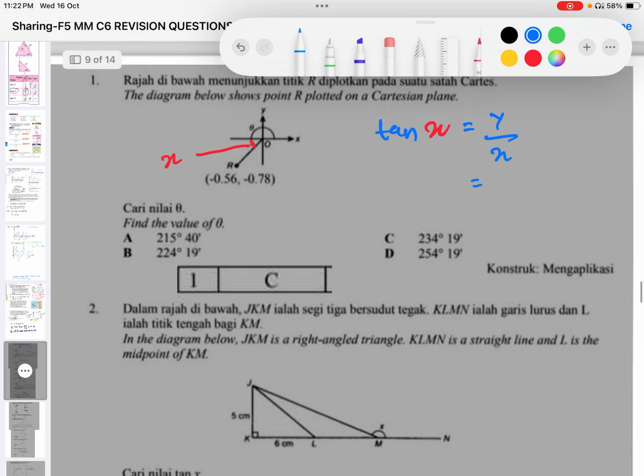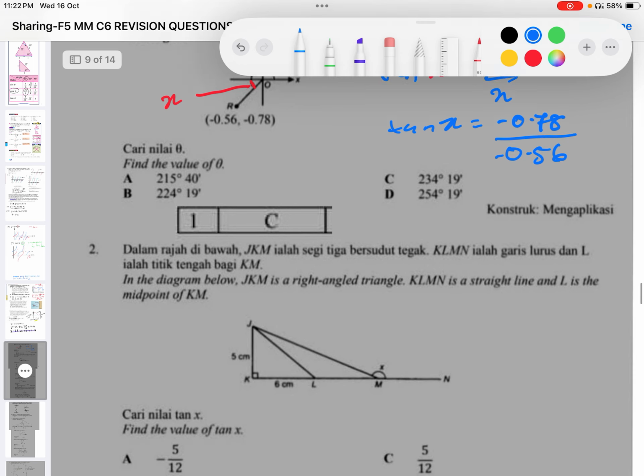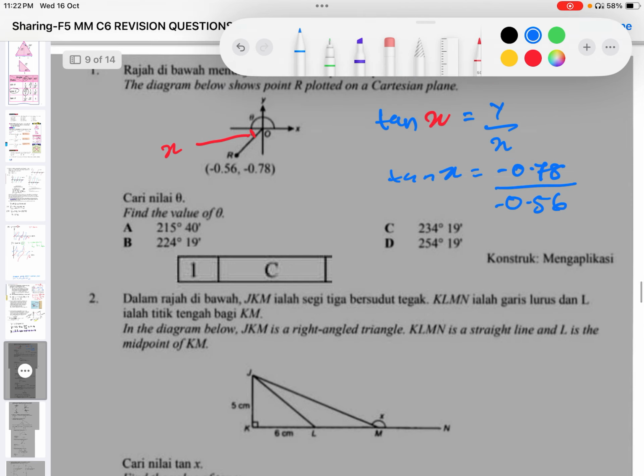So the y coordinate will be negative 0.78 over negative 0.56, and if you calculate that in your calculator, you'll get